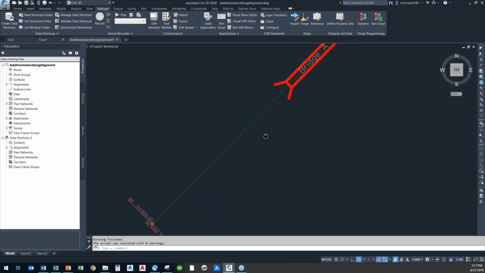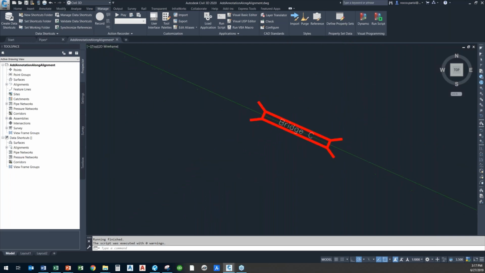It went in, it found the starting station for bridge A, which starts here. Then it labeled it as bridge A, and it drew the entire span as a block from here to here. So now when I'm doing my corridor, I can go corridor from that point to that point, and pick up and do another corridor from that point to that point. So there's bridge A, there's bridge B,